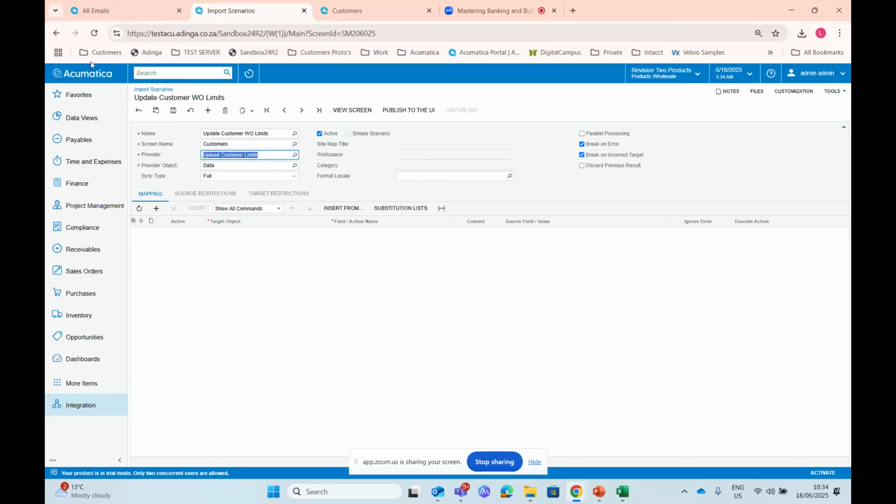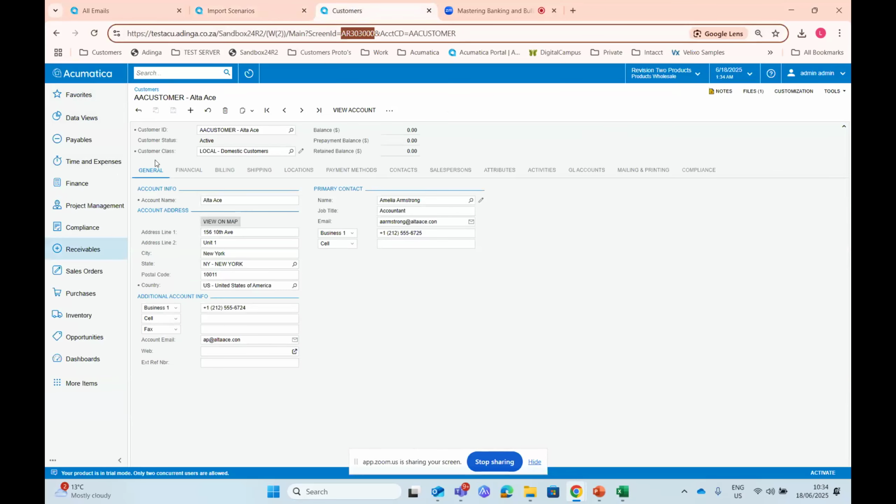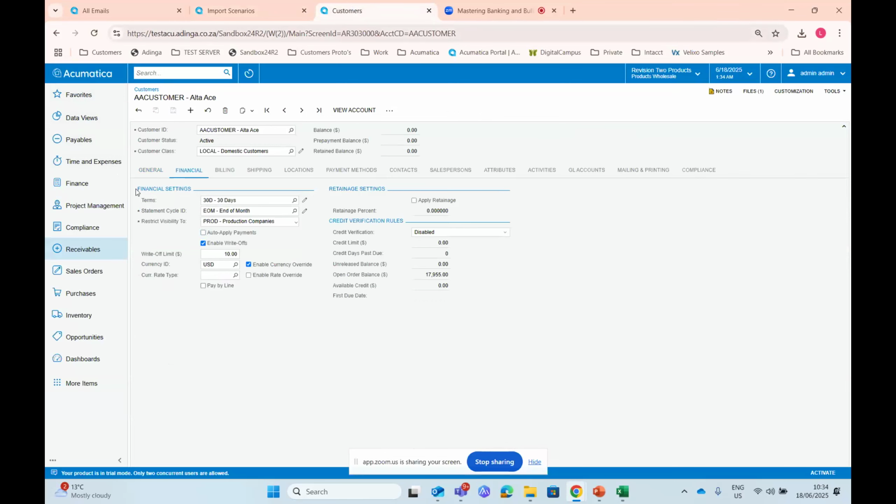Okay, so now I've put in my details in here. Now I'm going to ask at my mapping, I'm going to say what am I going to update. So if I click on the plus, what is nice is if you look at the screen, the top section is my customer summary. And then if I go, can you see, to my finance, it's finance settings, and there's my write-off limit.